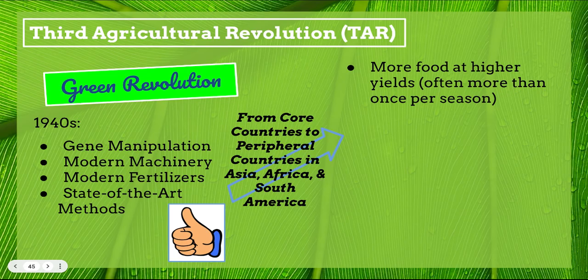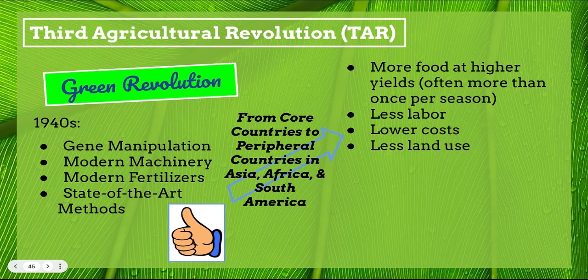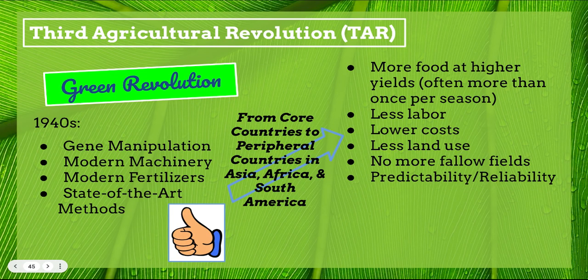And so you get more food at higher yields, often more than once per season. So you're not just getting one crop and that's it. You're able to plant more in the cycles, and you're using fewer humans in your farming endeavors. This is at lower costs. You're using less land in these areas. No more fallow fields. You can keep planting and planting and planting because you're using those modern fertilizers. This allows for more predictability and reliability of the crops,